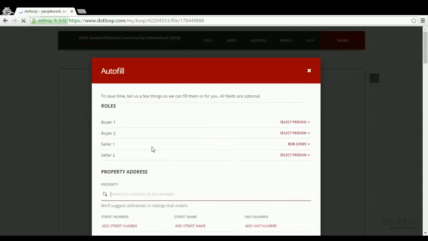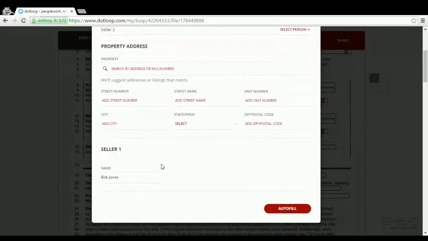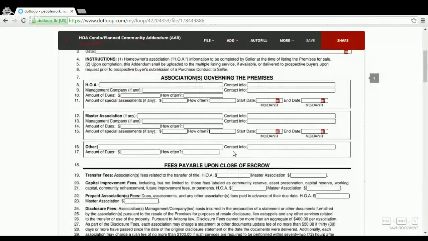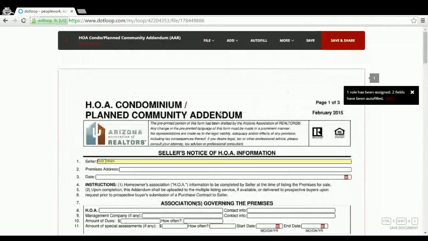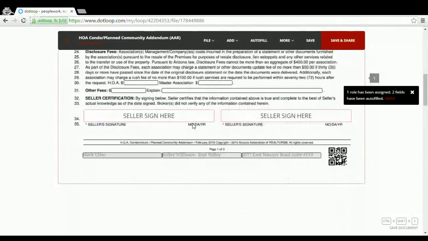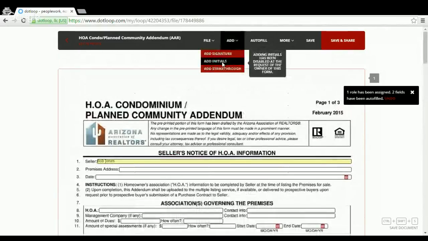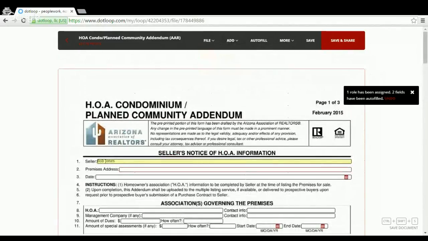I'm going to come in here and I'm going to show you something else. So now it says select roles buyer. I'm just going to come here and go Bob Jones. And I'm going to come in here and go autofill. Okay. You have a few options up here. Okay. Here you have your add initials, add a signature. So let's say that they need to, there's no initials here, but we're just going to pretend. We need to add initials. We're going to select add initials,